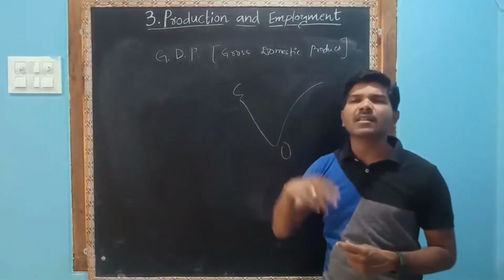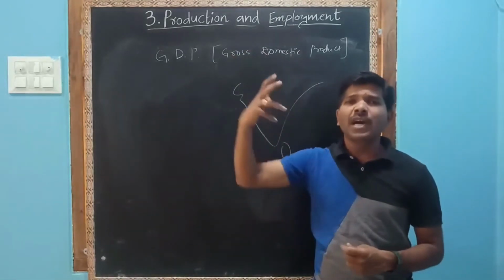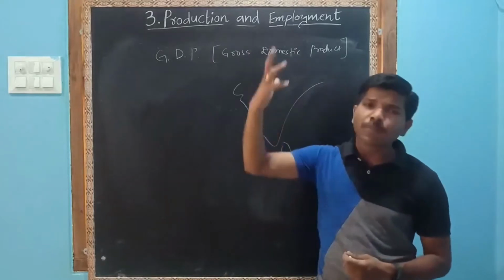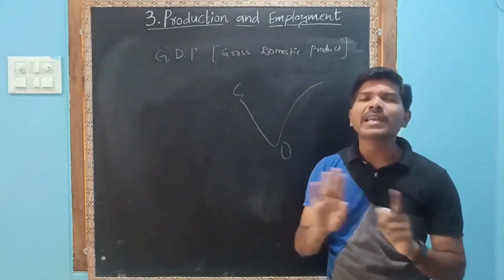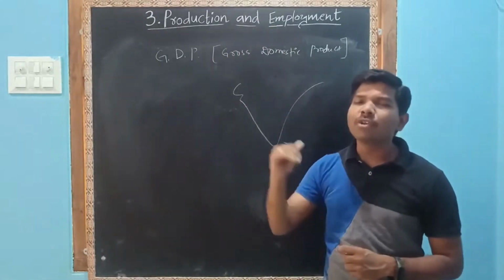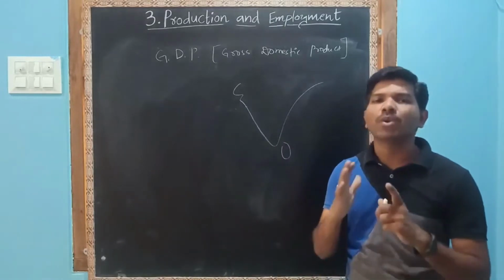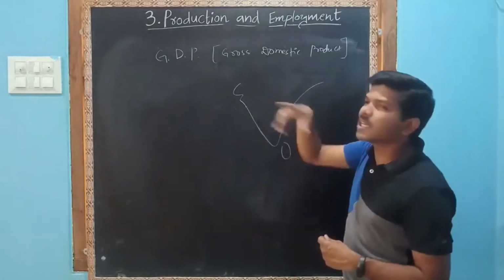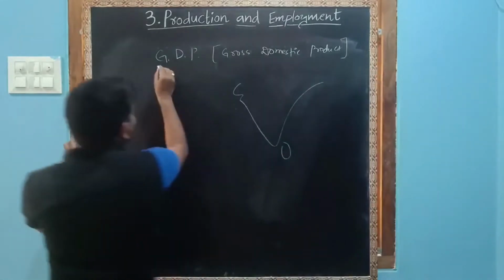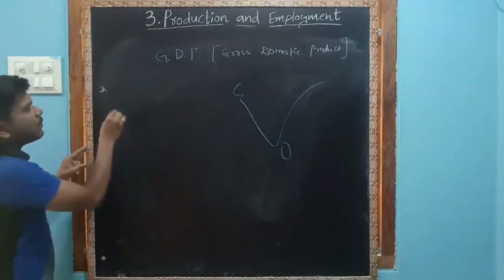Some of the Indians are there in different countries. They also produce certain goods. They also produce certain services. We do not calculate their income, their goods and services. We have to calculate only our Indian goods and services. So the definition of the GDP is